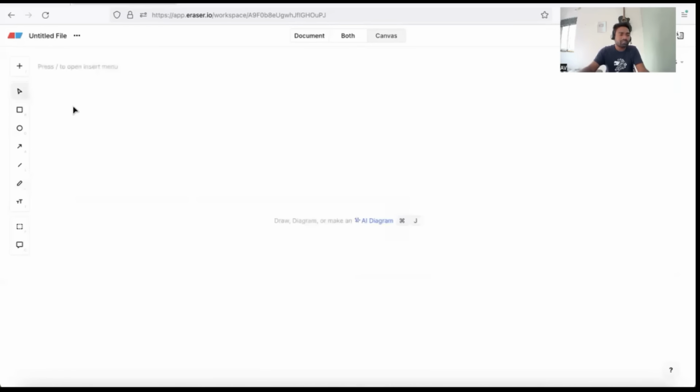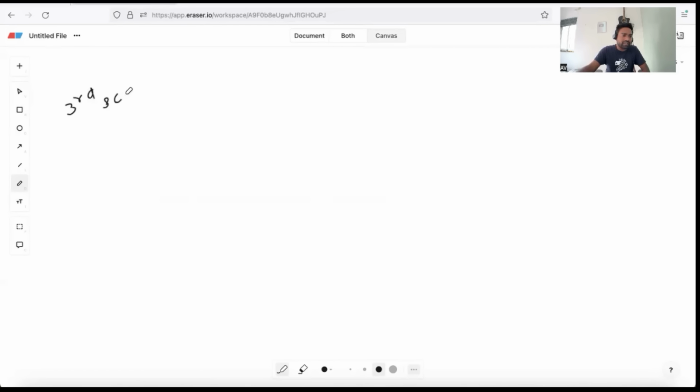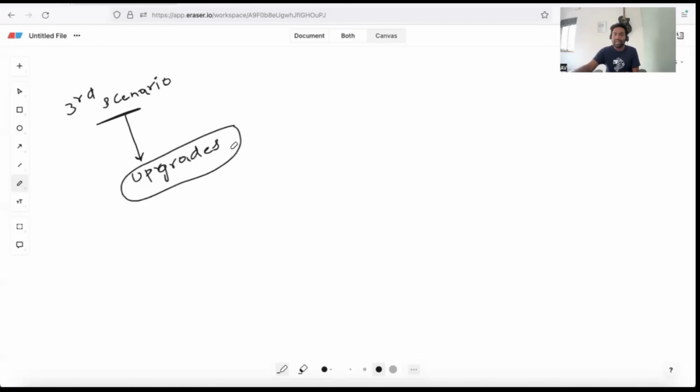Now let's move to the third scenario, which again is a very common one. You can explain one of the challenges that I have faced in my organization is upgrades. Interviewer will always be convinced if you say upgrades, and the other two scenarios as well, because they are very, very common. Almost every DevOps engineer in every organization will face the challenges like our scenario number one, which is